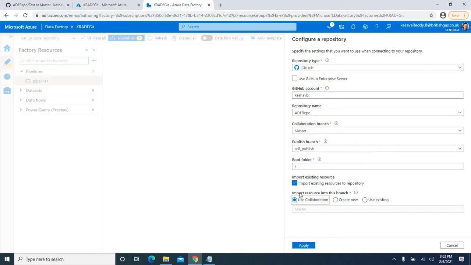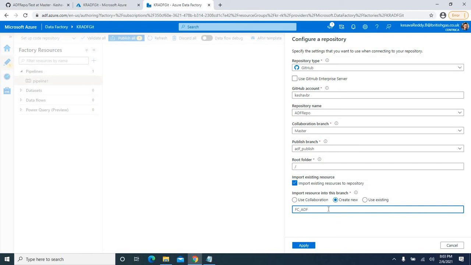At the bottom there is one option here. Generally, for the changes you are doing here in Azure Data Factory, do you want to save those changes in the master branch, or do you want to create a new branch, or do you want to use an existing branch? Of course we can go ahead and use an existing branch, but let me not use that. I'm gonna create a new branch. As I said, we are not supposed to use the collaboration branch, because we are in a dev environment. Whatever development we are doing, it is always recommended to work on a feature branch instead of working on the collaboration branch directly. So I'm going to create one feature branch here, fc_adf.